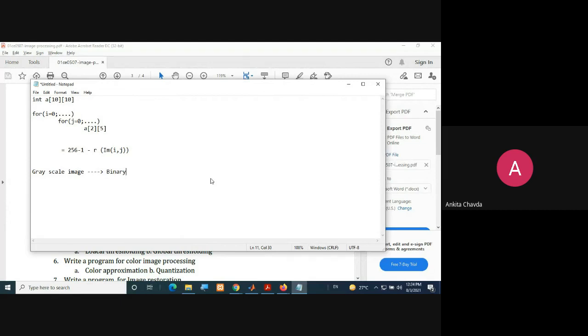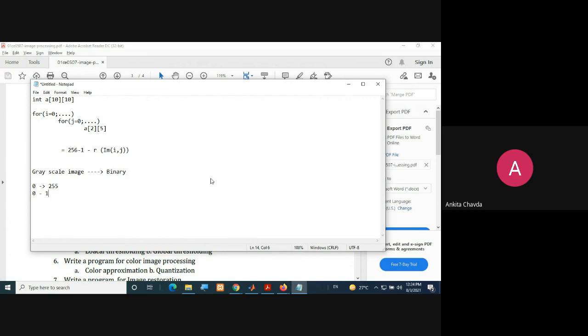Here I have different intensity values for the different pixels, values from 0 to 255. Now I need to convert it into only two values, meaning the total 256 values I'm converting into either 0 or 1.